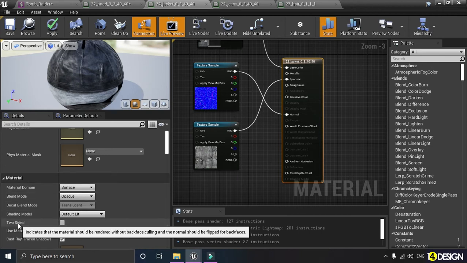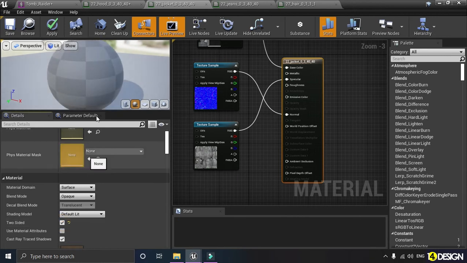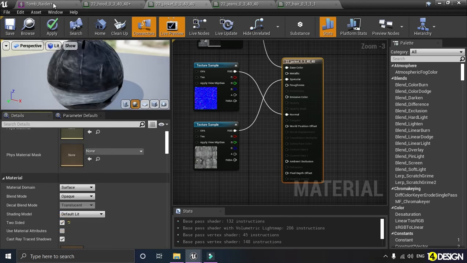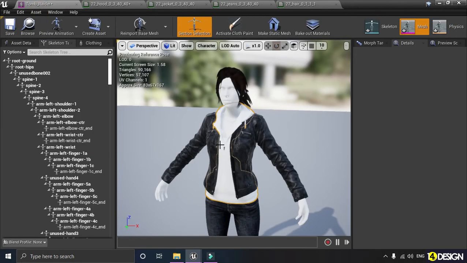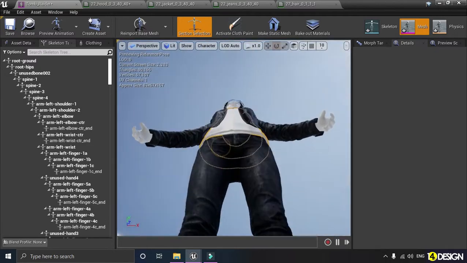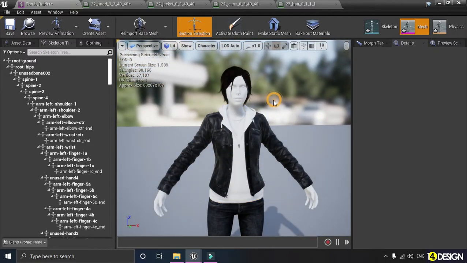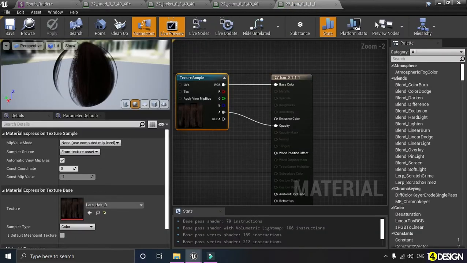So just click on it and it will be a two-sided material and it's gonna add some depth to your model. It's always a single-sided material in Unreal Engine, so you have to do that part manually. Now let's go ahead and assign the rest of the materials. I'm just gonna fast forward here.